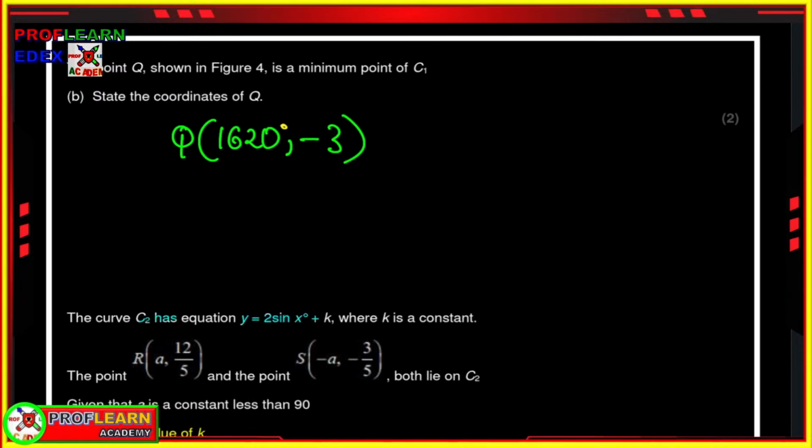The curve C2 has equation y equals 2 sin x plus k. We are given a point R whose coordinates are (a, 12/5), and another point S whose coordinates are (-a, -3/5). Both lie on this equation. Remember, if you are given a curve and you are told that it passes through the points, you can substitute them in. So in order to find the value of k, we are going to substitute